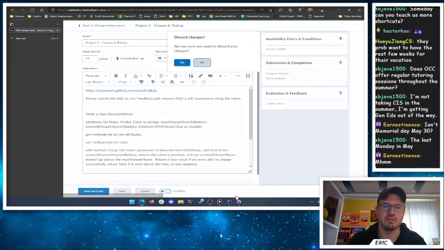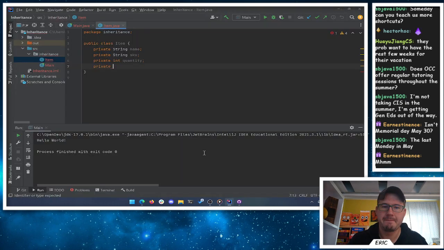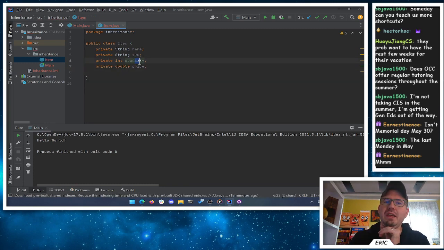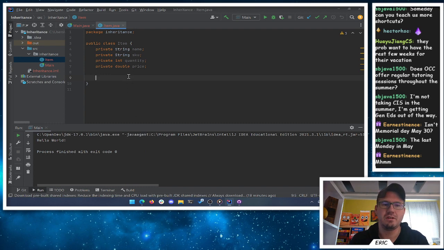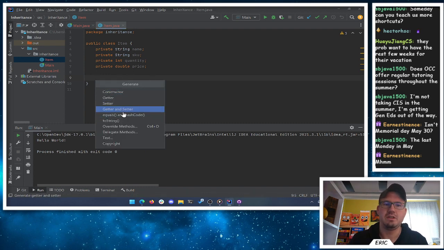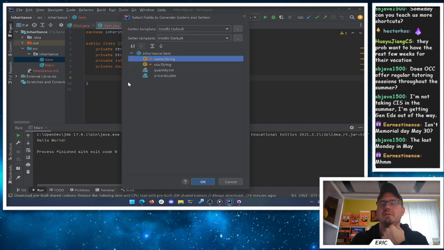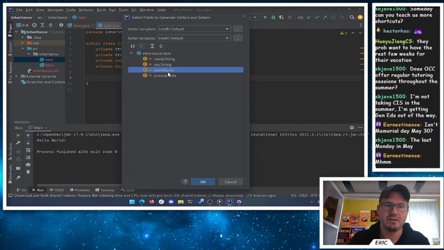Okay. Good. So do item. Okay, and then a double for price. So you can buy like 10 of something here, and we'll tell you what the price was. Now we had some insert code options we used in NetBeans. I think we want the generate options here. And in generate, we can get, hey, give me getters and setters if we want, right? Let's let the computer write these ones for us here. So I want